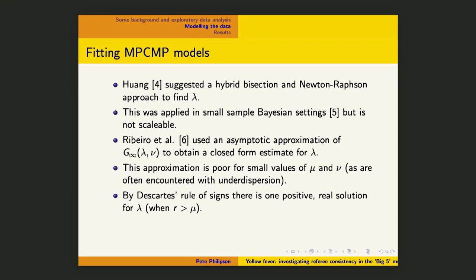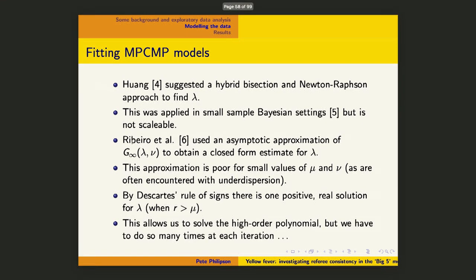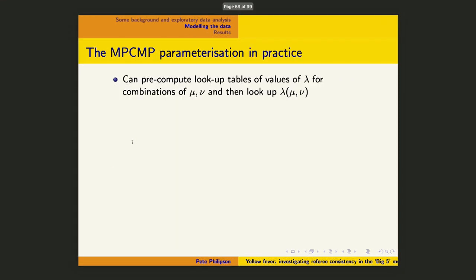So it turns out that the polynomial I put on the previous slide has only got one real solution because it only has one sign change. So by Descartes' rule of signs, essentially we've got one positive real solution, and that's when R exceeds nu. So that helps life a lot. Only got one solution to look for, one real one. And that means we can solve the high order polynomial, but we've got to do that many times at each iteration. And we still have the problem that the polynomial is of infinite order,